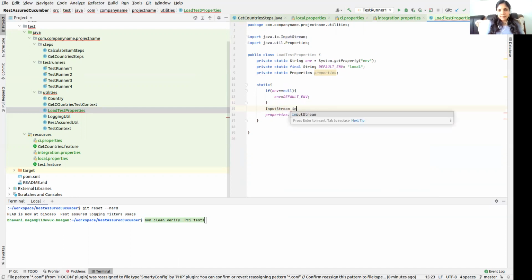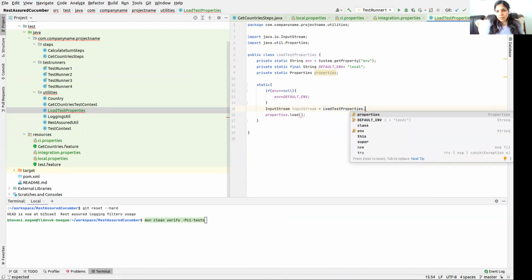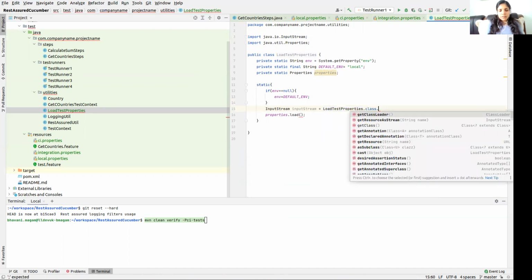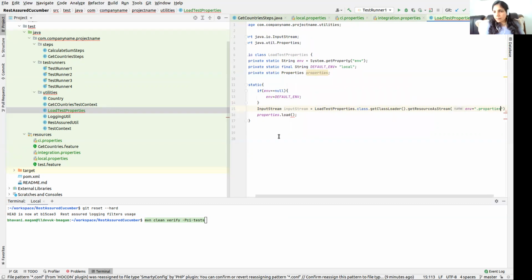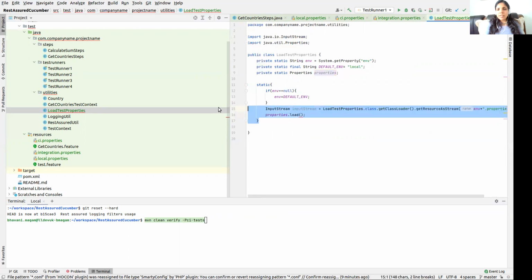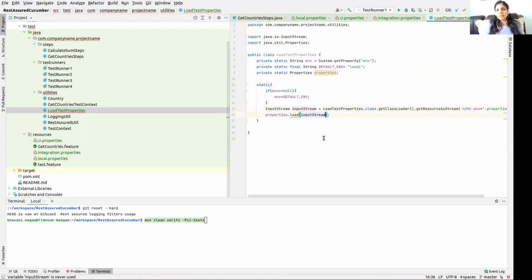Input stream equal to my class. I'm going to load the resource: getClassLoader().getResourceAsStream and my dynamic environment variable dot properties. Okay, so that's going to load my properties into the input stream, and I'm going to supply that input stream to